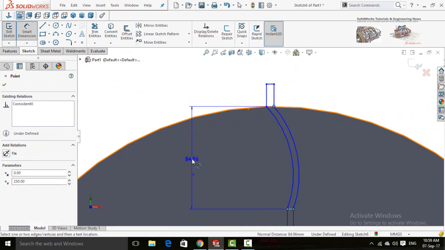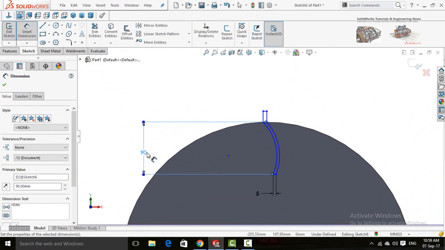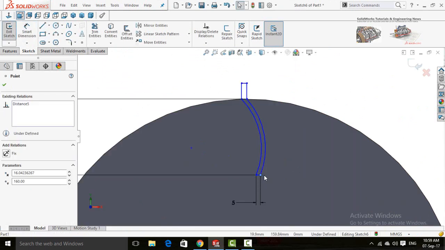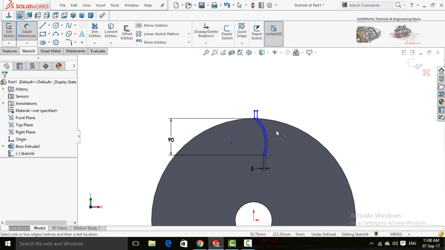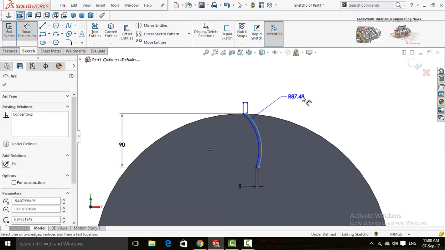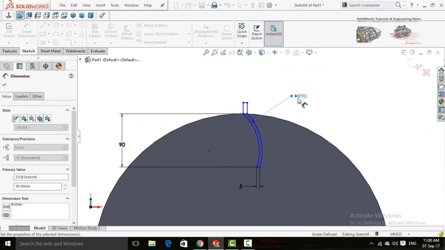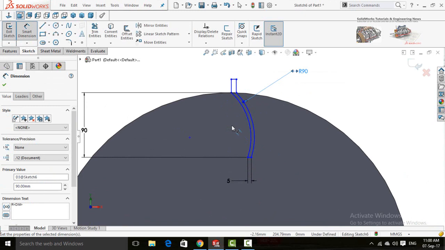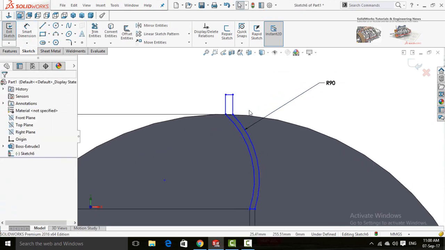Define this distance, which is 90 millimeters. The radius for the arc is 90. Now press OK button.